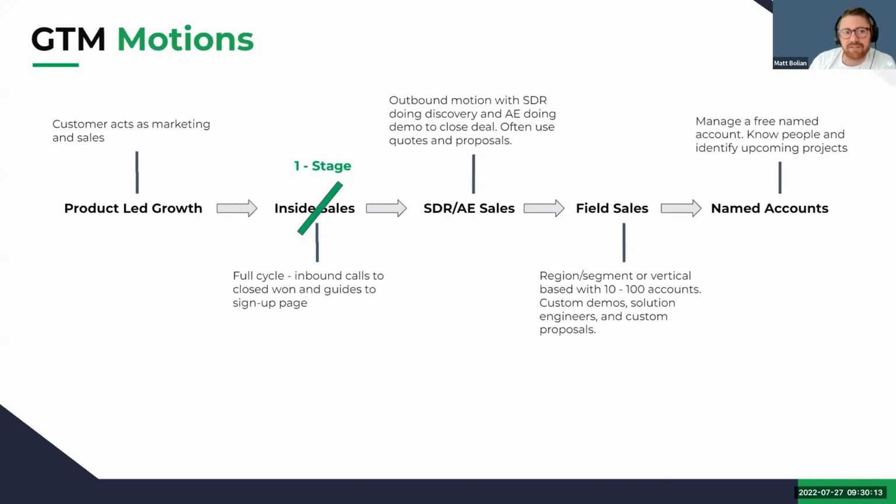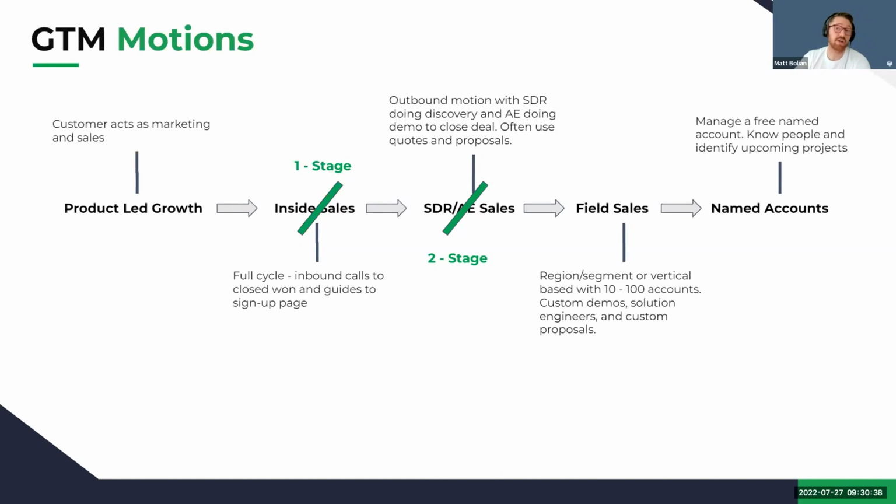Just to make this easier, because I think it's much easier when we start looking at how we're doing a data model for these, let's call this 1 stage and 2 stage. Meaning the inside sales reps, essentially it's a 1 stage. You have a full cycle AE, and 2 stage means you have an SDR component, and then you have an AE. That's the most helpful way to think about these as you go.